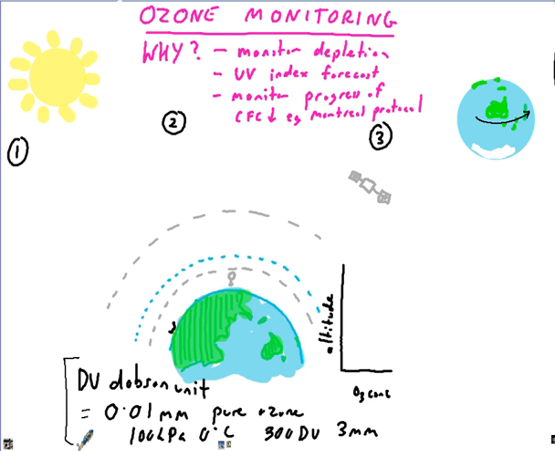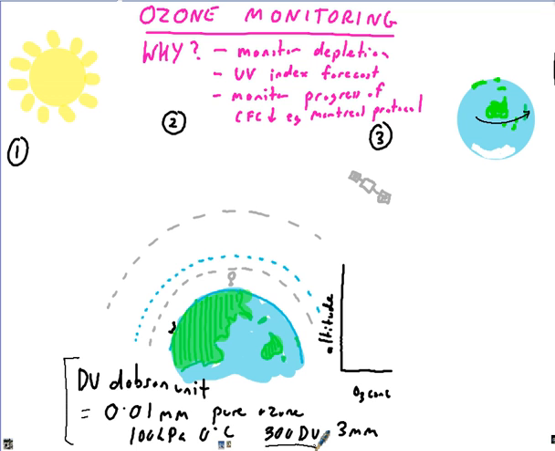and 0 degrees Celsius. So if we got all the ozone and brought it down to sea level, one Dobson unit is equivalent to 0.01 millimeters of pure ozone at sea level. And the usual concentration of ozone in the ozone layer is only 300 DU, which is equivalent to 3 millimeters of ozone. So the ozone layer, as you can probably realize, is very fragile and something we need to take